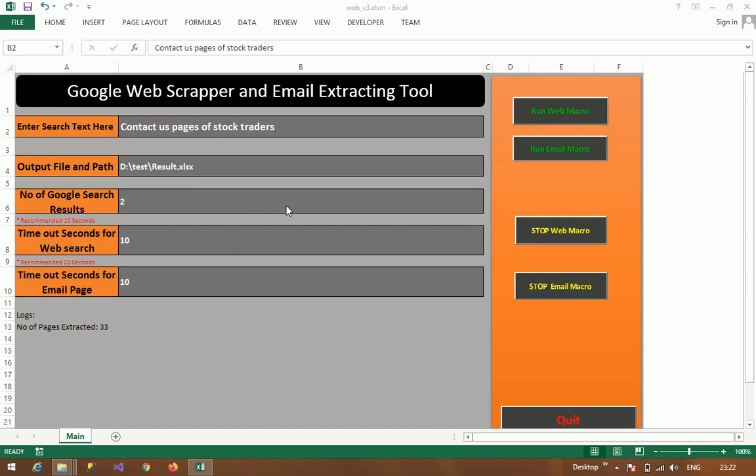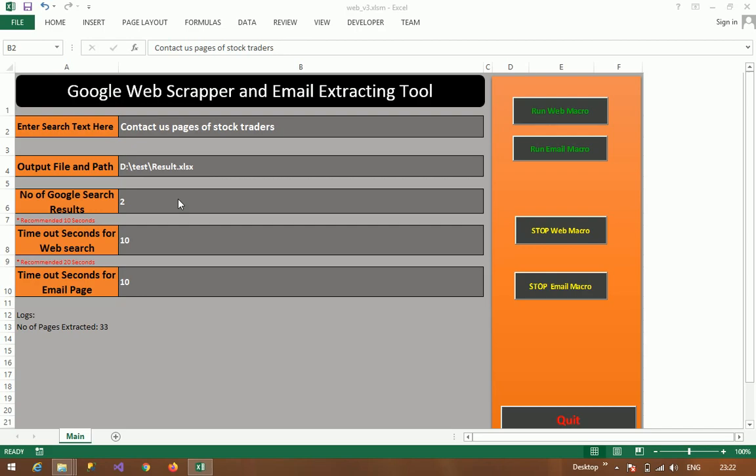Before we start, I also want to show you there are some settings here, like the number of Google search results, which we can change to any number. This number shows how many pages we have to search in the Google search engine.